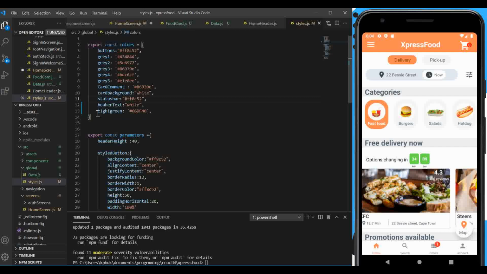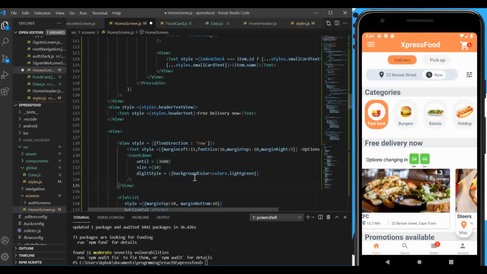So assume you have added this color. You can go back to your component, to your home screen file, and we're going to pass now another style. As I said, this style here is simply for this view, which is green. Now we need to pass the style for the text inside, this minute as well as second. So I'm going to say digit text style,